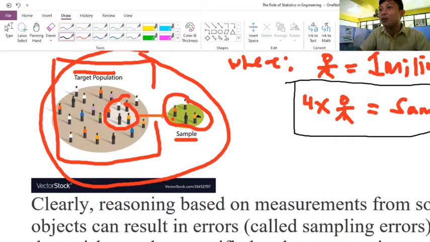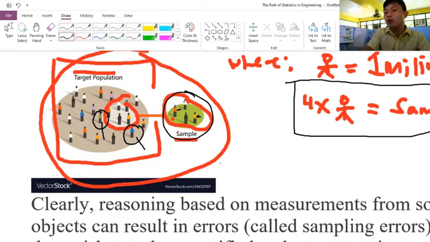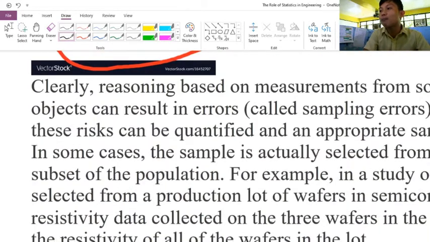Di ba hindi naman yellow ang lahat ng t-shirt ng tao dyan? At hindi rin lahat, napapansin niyo, red. Hindi naman lahat yan ay red. At white, at black. Okay? Napapansin niyo, no? Meron tayong hindi nakuha dyan, which is blue. Wala tayong nakuha blue at green. So, yun ang ibig sabihin dyan. So, hindi kasi lahat ng tao pare-pareho, no? So, maraming klase ng tao. So, kapag pipili tayo ng sample na ganito, very limited to only 4, hindi natin na-consider yung blue, hindi natin na-consider yung green. So, dun tayo papasok sa error na tinatawag na sampling errors.